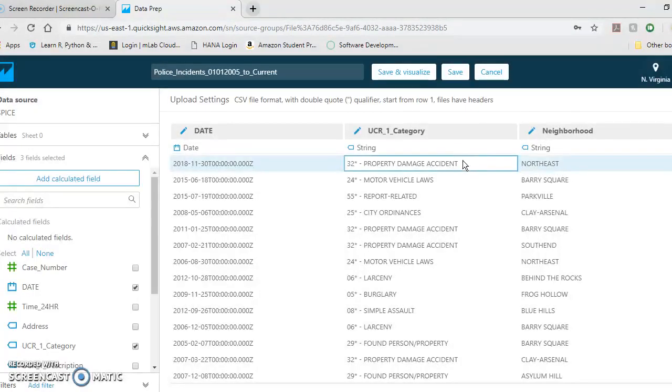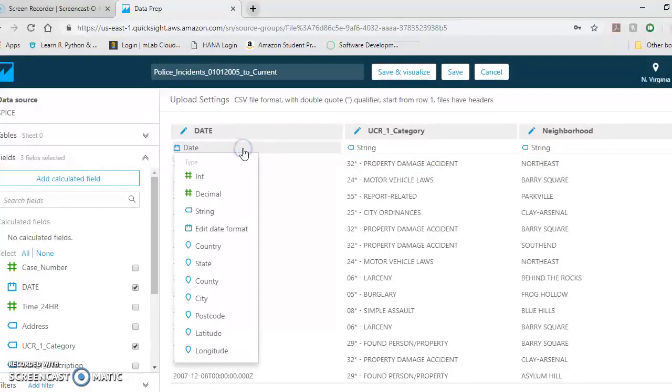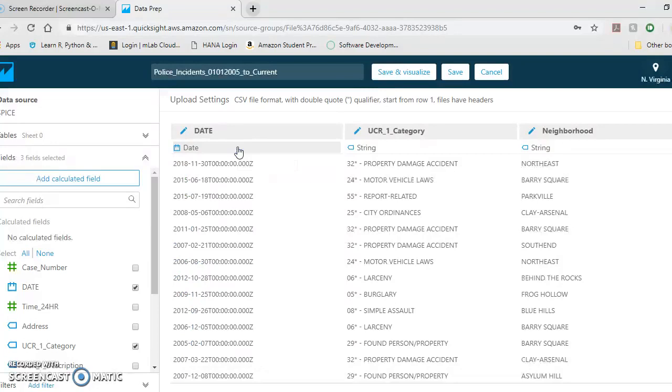Although it is a very minor change, I needed to show the functionality of this option, and there we go. We can also change the data type of the column or the data inside the column by clicking here, and we can choose among the different options that are provided right here. I want to keep the data type of the date field as it is, so let's proceed to the next step. I'll click on Save and